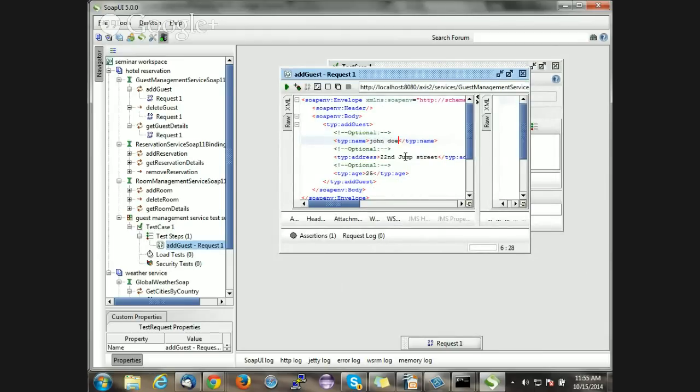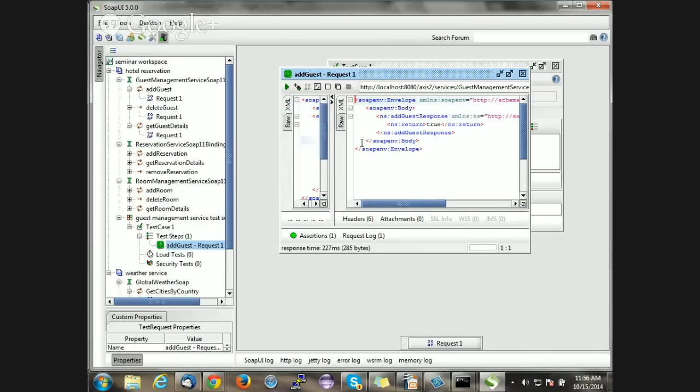Let it be John Doe, because we have already removed John Doe from our database, so it won't be a problem if we use that again. You can actually name it anything for a test case, but let it be John Doe. I'm running the test case right now, and again I'm getting a response that it's true and the guest has been added. So this is all fine till now, but